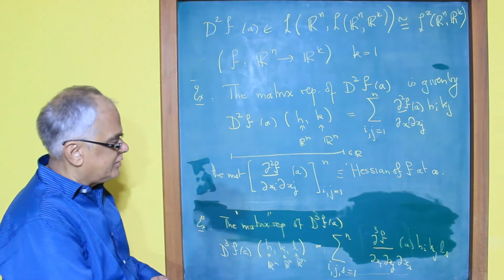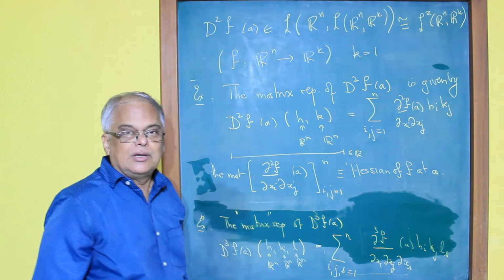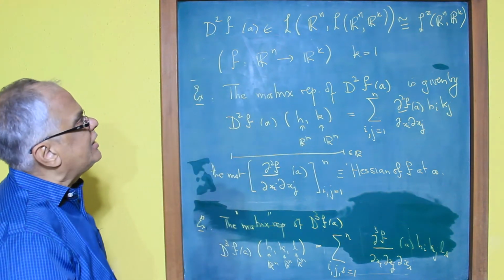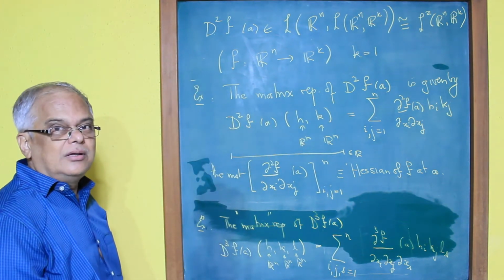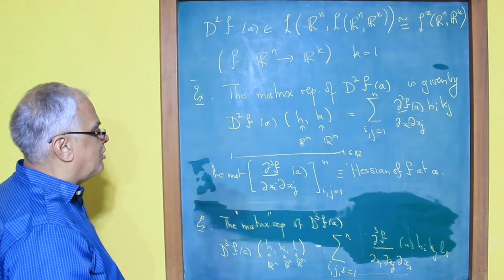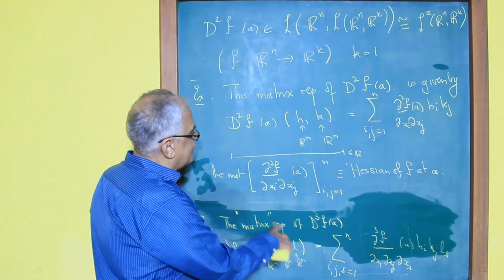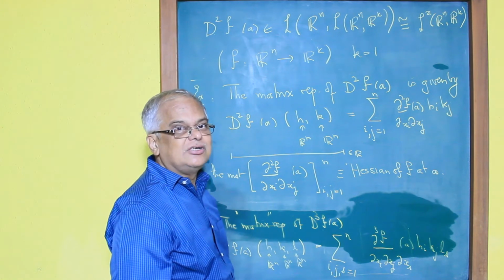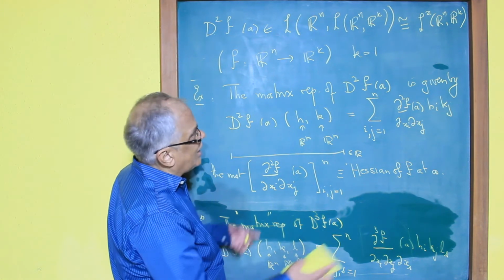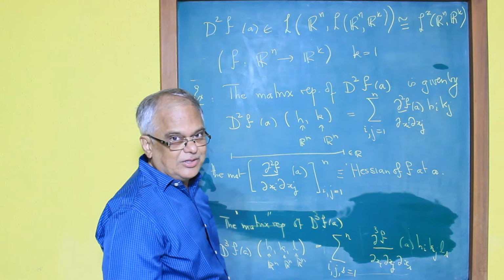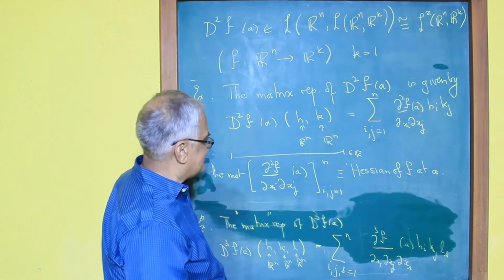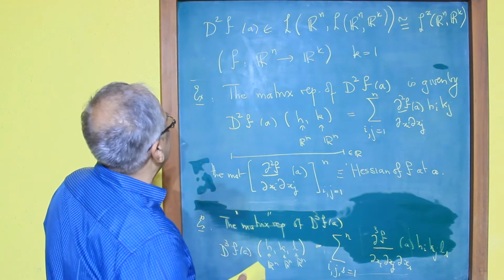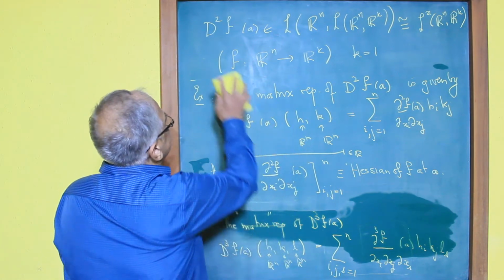And it turns out that each of these terms is important as it stands. So in the case when k is equal to 1, all the multilinear maps come with coefficients which are just the partial derivatives of a. What happens when k is not equal to 1 is something which I think I'd left as an exercise at some time, but anyway, we'll see that in a little while. Very good.